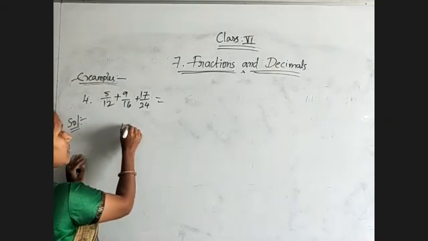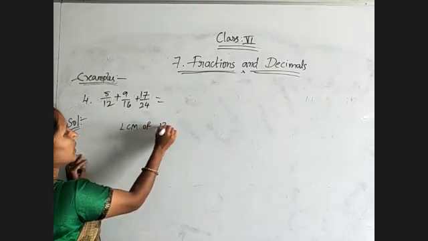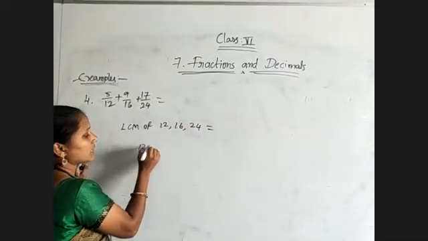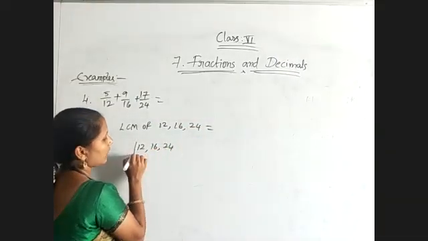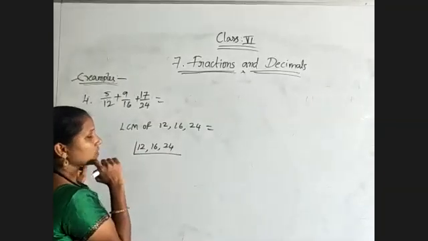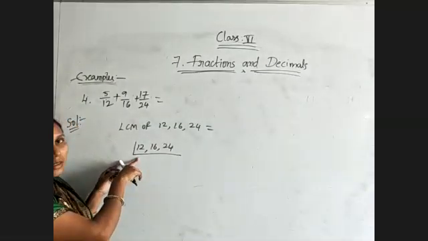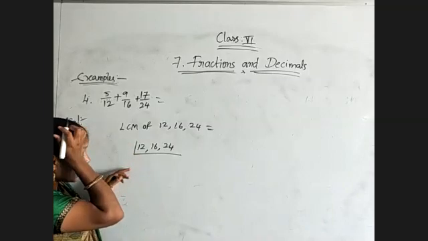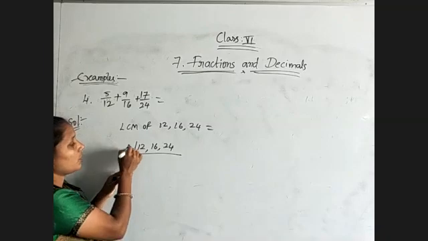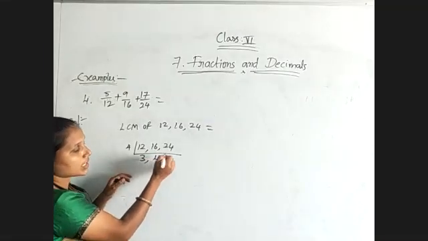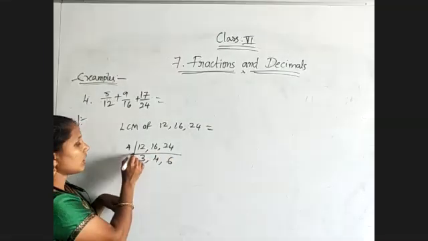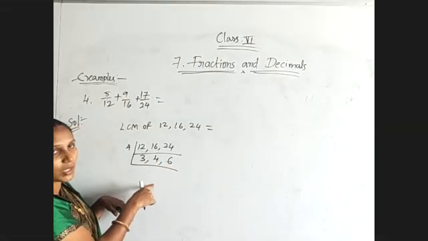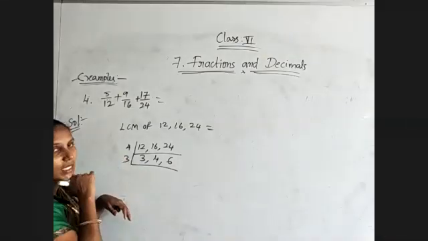So take the LCM of 12, 16 and 24. What we will get, we will see. 12, 16, 24. Now every number will get in. So here no need to take prime numbers only because it is the division method. Okay, so I am taking the 4 table. 4 threes are 12, 4 fours are 16, 4 sixes are 24. Now here 3 sixes will get in the 3 table, otherwise 4 sixes will get in the 2 table. Anything you can use. I am using the 3 table.